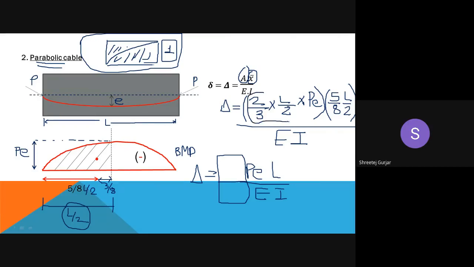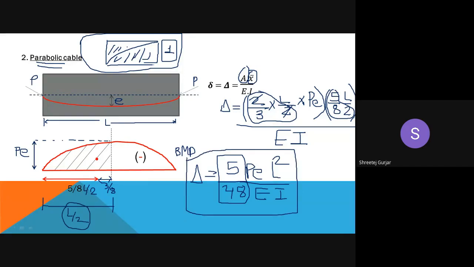Multiply all the numbers which you can see over here and tell me the final answer. So 10 by 72. This will cancel out. How many L's are there? 2 L's, so this will become L squared, and PEI as I have written. Then 3 into 8 into 2, how much? 5 by 48. So remember this equation.